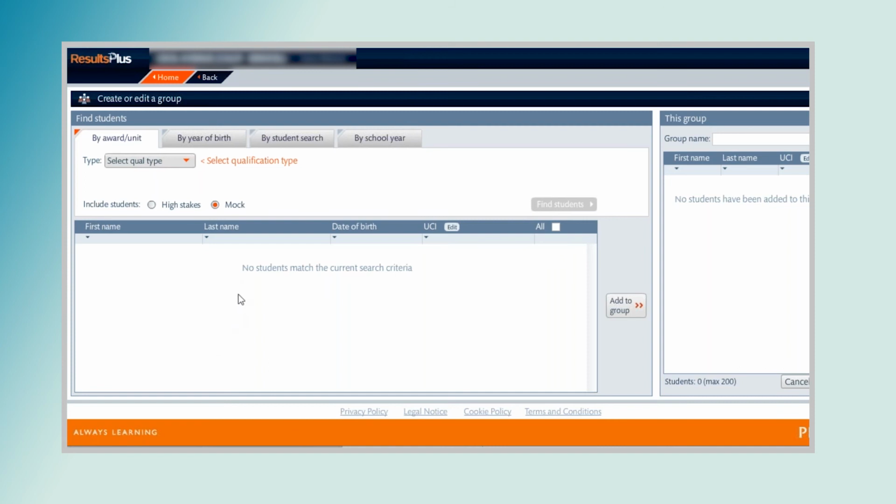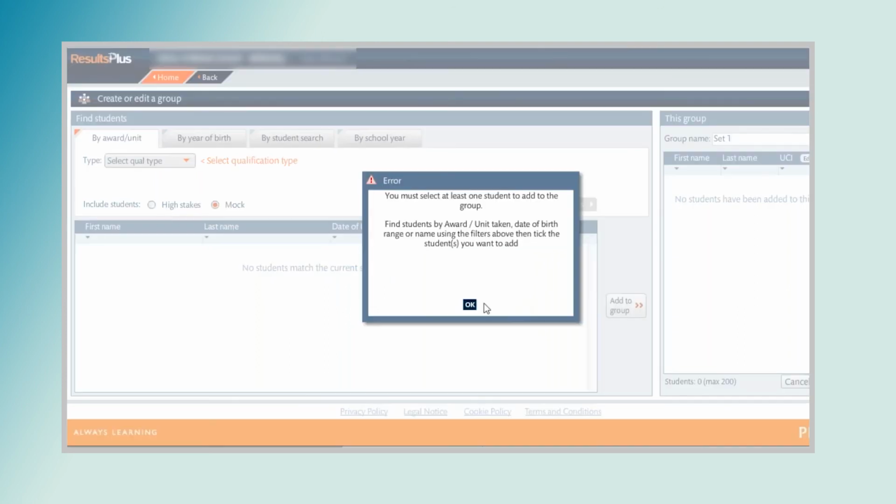Now at the moment I didn't actually enter that spreadsheet, so there won't be any students in. Obviously for data protection we can't show you students' names, but the students that you put in that spreadsheet will now be populated within this box here. They'll probably be resorted in alphabetical order, but they're there, but they won't be in the order of your groups.